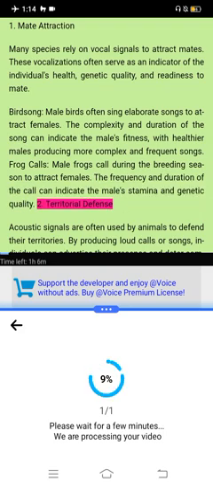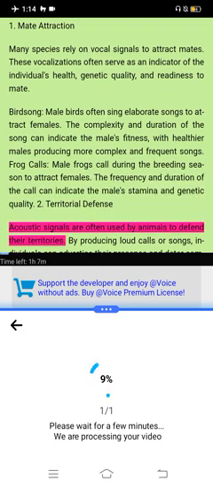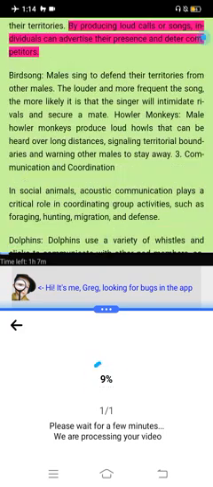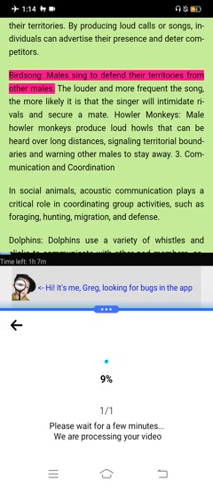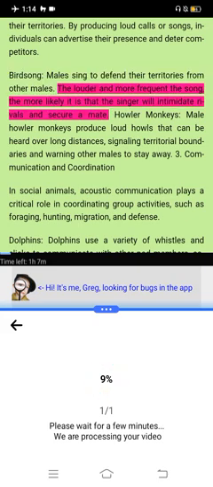2. Territorial defense. Acoustic signals are often used by animals to defend their territories. By producing loud calls or songs, individuals can advertise their presence and deter competitors. Birdsong. Males sing to defend their territories from other males. The louder and more frequent the song, the more likely it is that the singer will intimidate rivals and secure